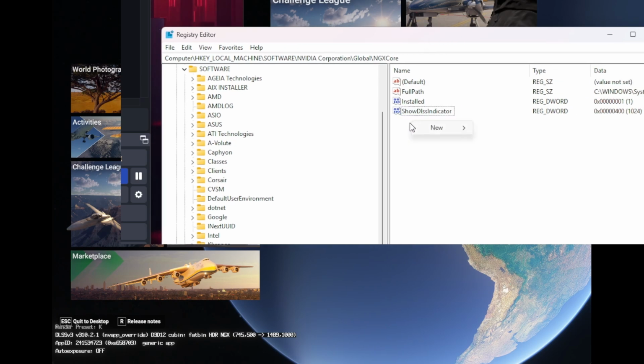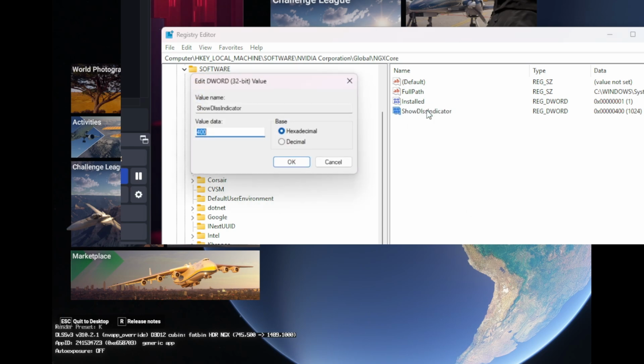You right click on New, DWORD 32-bit value, and then you're going to use this name, ShowDlssIndicator, with a value of 1024 or